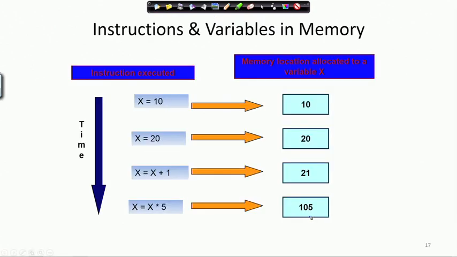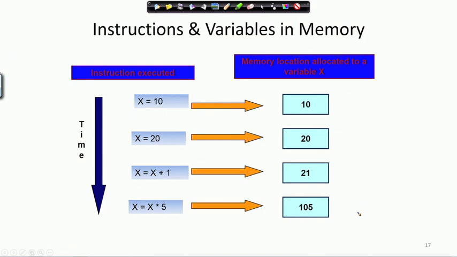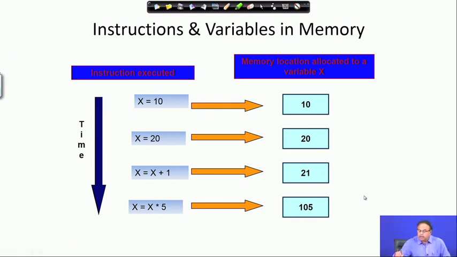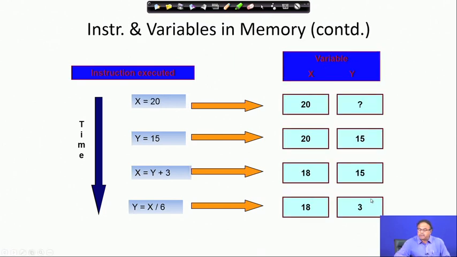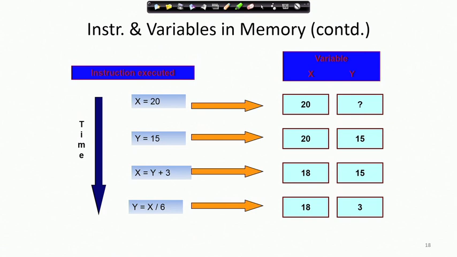Therefore, here we will have the result as 105. I hope you have been able to understand the difference between the variables and values here, and the fact that variables are nothing but memory locations. So, I will continue with this in the next class. So, quickly let us have a look at this. Let us revise here.